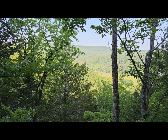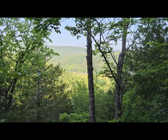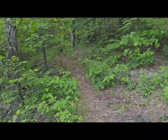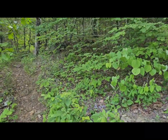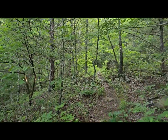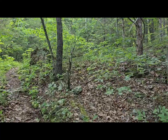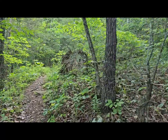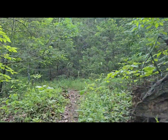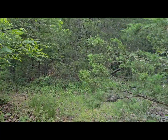This is just about a few feet from where I camped last night. A little view here. It's pretty cool. Good morning. It's Saturday, May 27th, 2023. It's about 7:40. I got up about 6:30, got all packed up, had some protein shake and milk, and